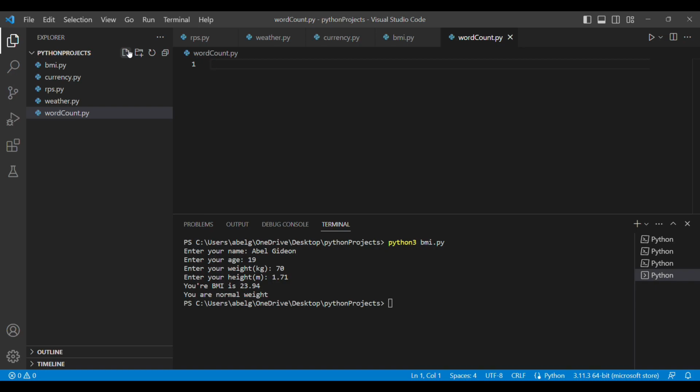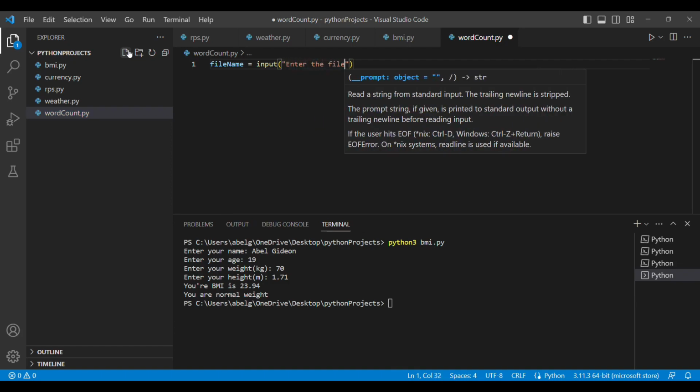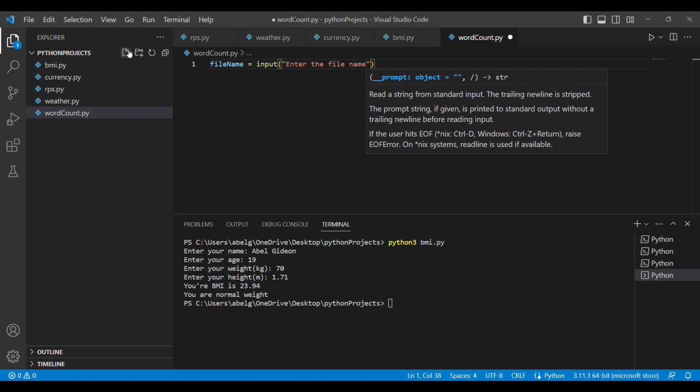So we're going to get into the code now. The first thing we need is the file name, so we're going to take that from the user. We're going to create a variable called file name and set it equal to input, and we're going to prompt the user to enter the file name.